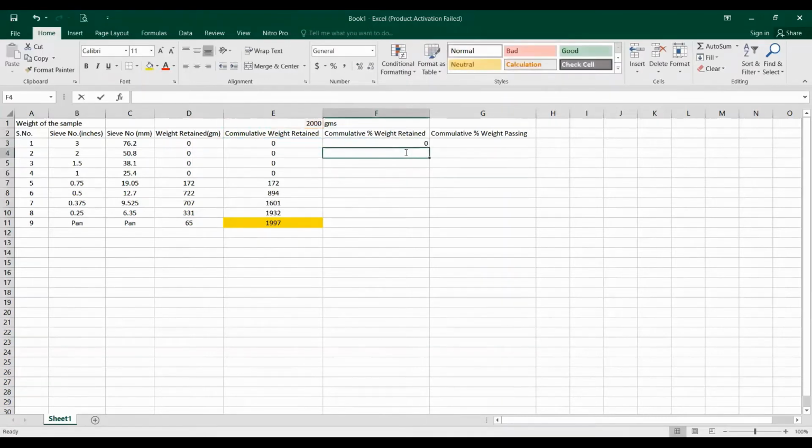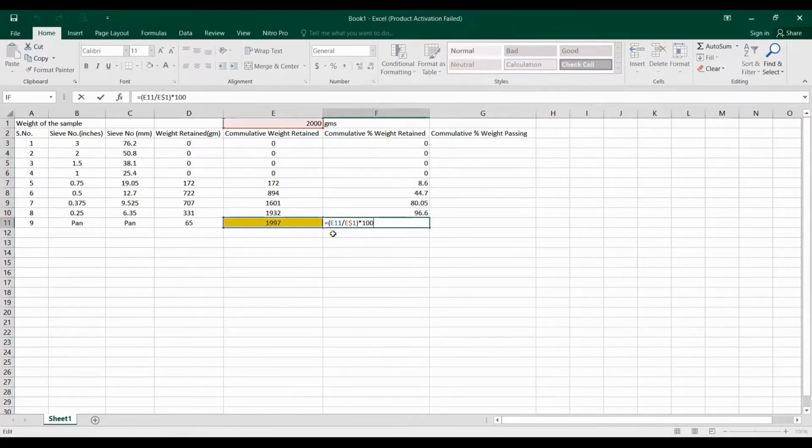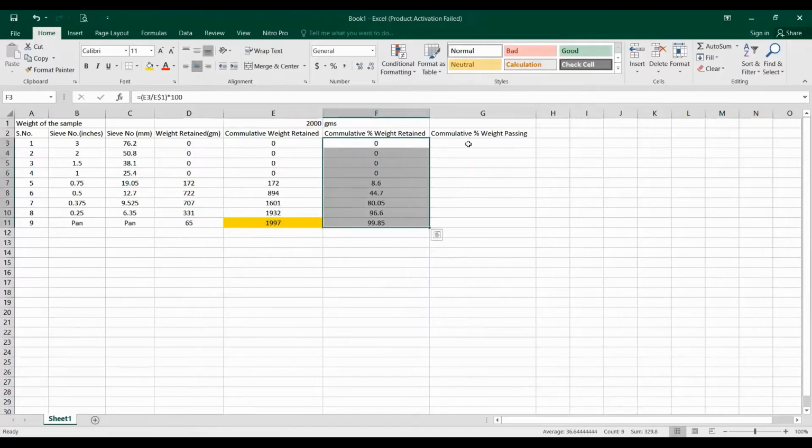I am going to write the formula again so you will remember it: E4 divided by E1, with the dollar sign in between, and then multiply by 100. So we are getting 100. Now we select and drag and drop, and you can see the value is nearest to 100%. So we will get it, 0.15% is lost in between.